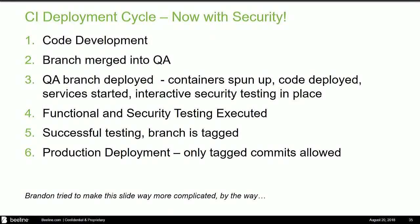And so Brandon was nice enough to let us help. It helped us think about how we put security into his pipeline. Brandon was able to put this together for us. And Brandon, I'll let you walk the team through just a couple of small changes we had to make to get